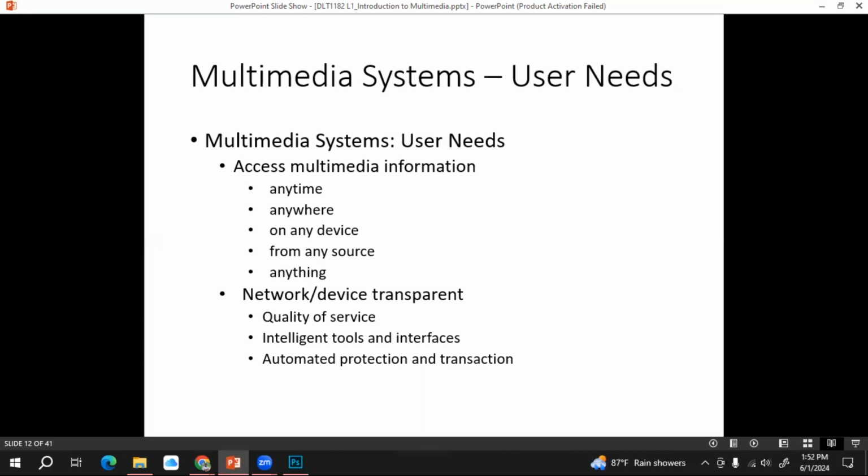Then intelligent tools and interfaces. Again, I can take the example of YouTube, right? YouTube suggests some videos on the home page. Let's say you frequently watch some movies. Another person frequently watches some tutorials. Another person frequently watches some music videos, right?